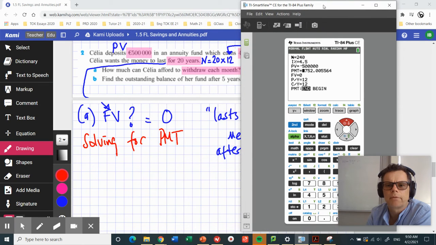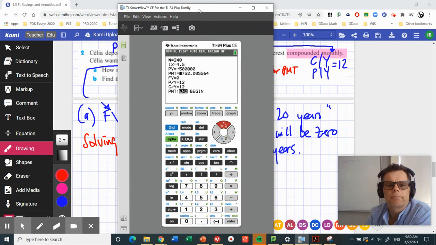So the way we do that on our calculator, we hover over that one. We hover over it like that, and the solve button is here in green, bottom right. How do you get the green button? You press the green option button, alpha. Here we go, alpha, solve, and there we are. There's the answer,